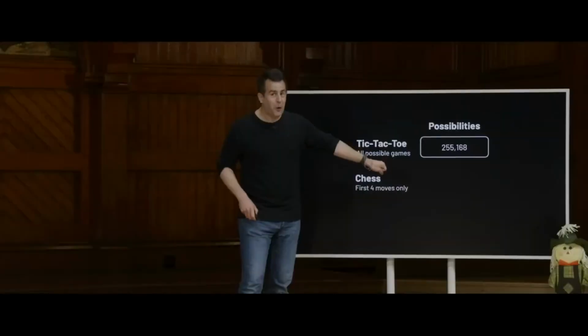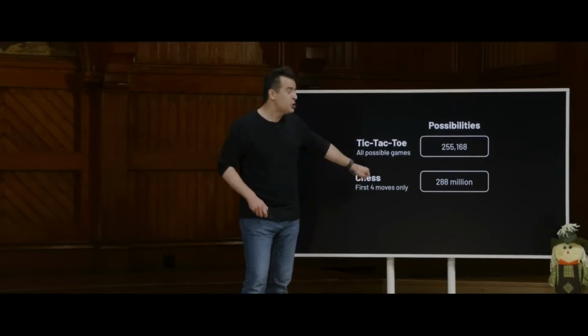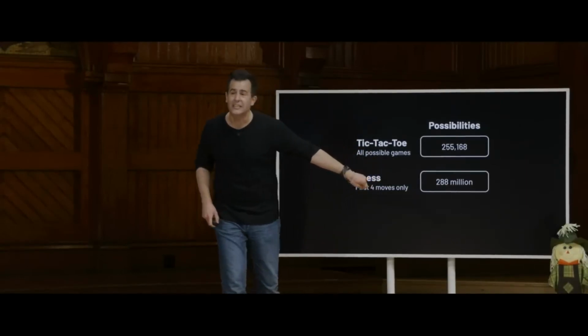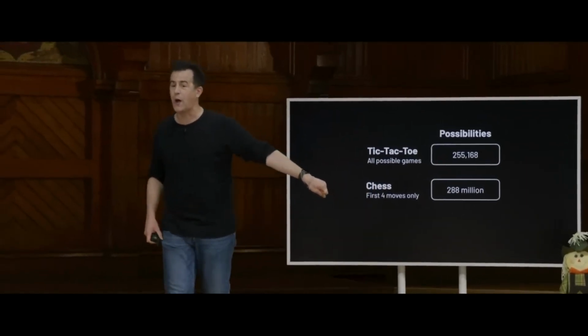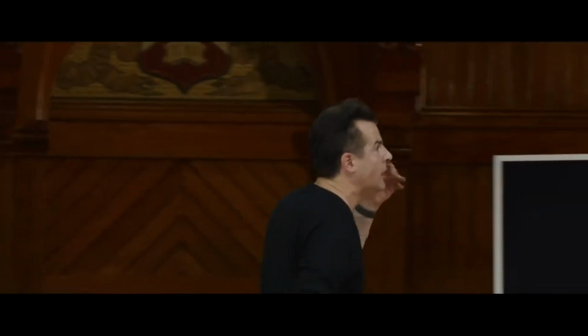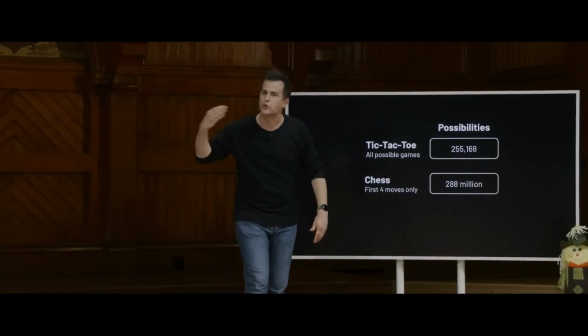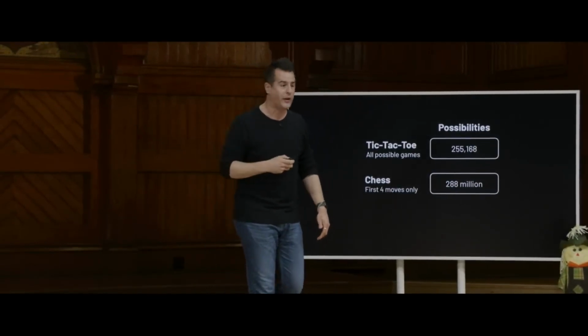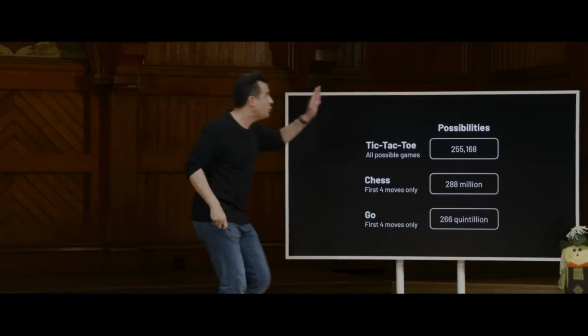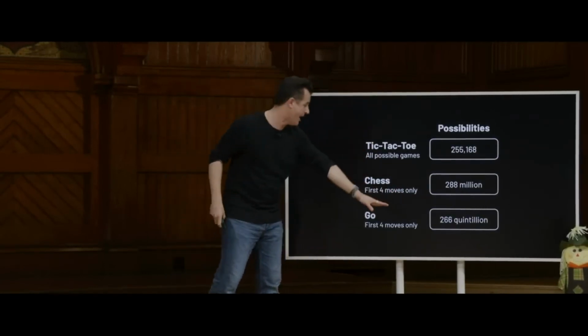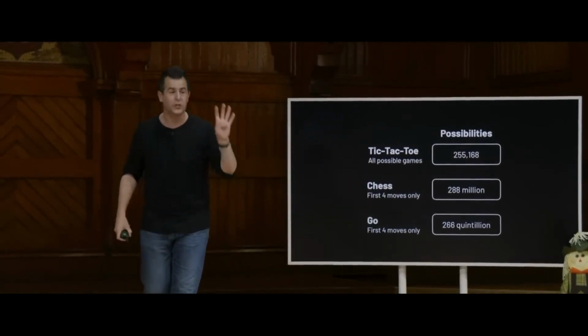This is evidence as to why chess is apparently so hard. 288 million ways, which is why when you are really good at chess, you are really good at chess, because apparently you either have an intuition for or a mind for thinking it would seem so many more steps ahead than your opponent. And don't get us started on something like Go. 266 quintillion ways to play Go's first 4 moves.